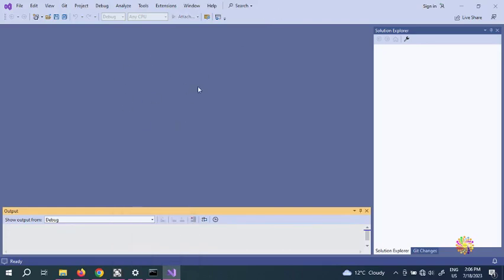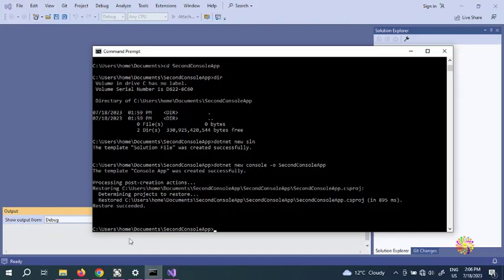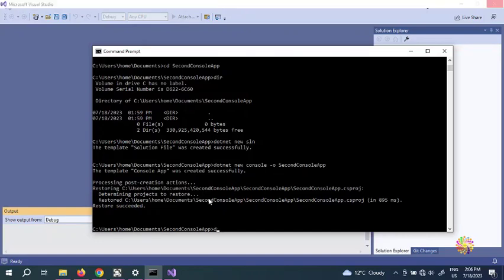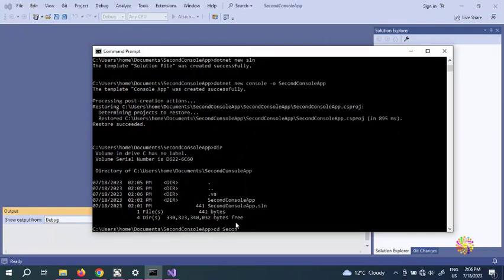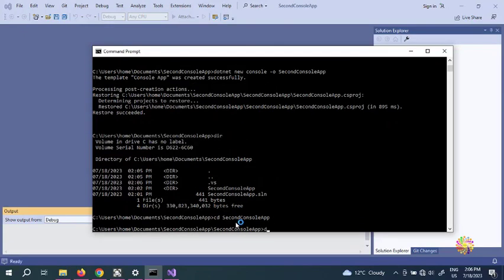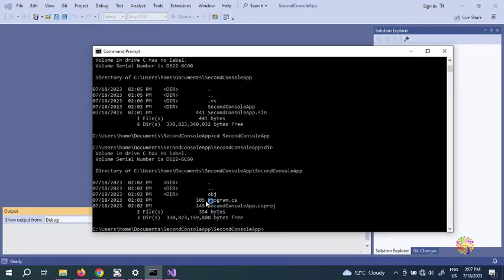While Visual Studio is opening our file, we are here at documents, second console app. We're going to run dir, and we see another folder here, second console app. So we put cd second console app, and if you look inside the dir, we have a program.cs and a second console app.cs